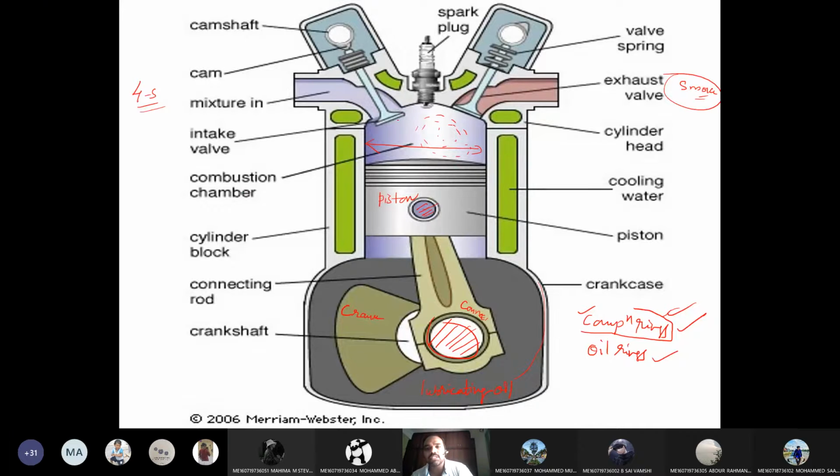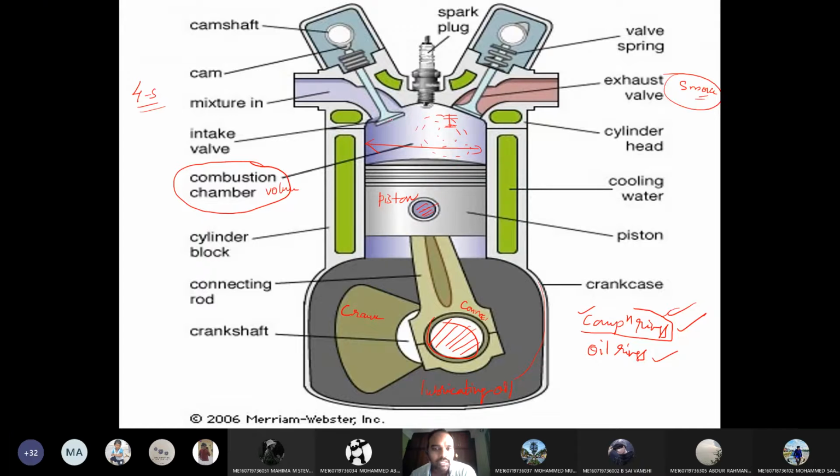Now, the cylinder block and combustion chamber. What is meant by the combustion chamber? It is the space between the piston head and the cylinder head. The combustion chamber is not constant; it varies from small to big. If the piston is near TDC, the combustion chamber is very small. If the piston is far from TDC, the combustion chamber is bigger, in terms of volume.